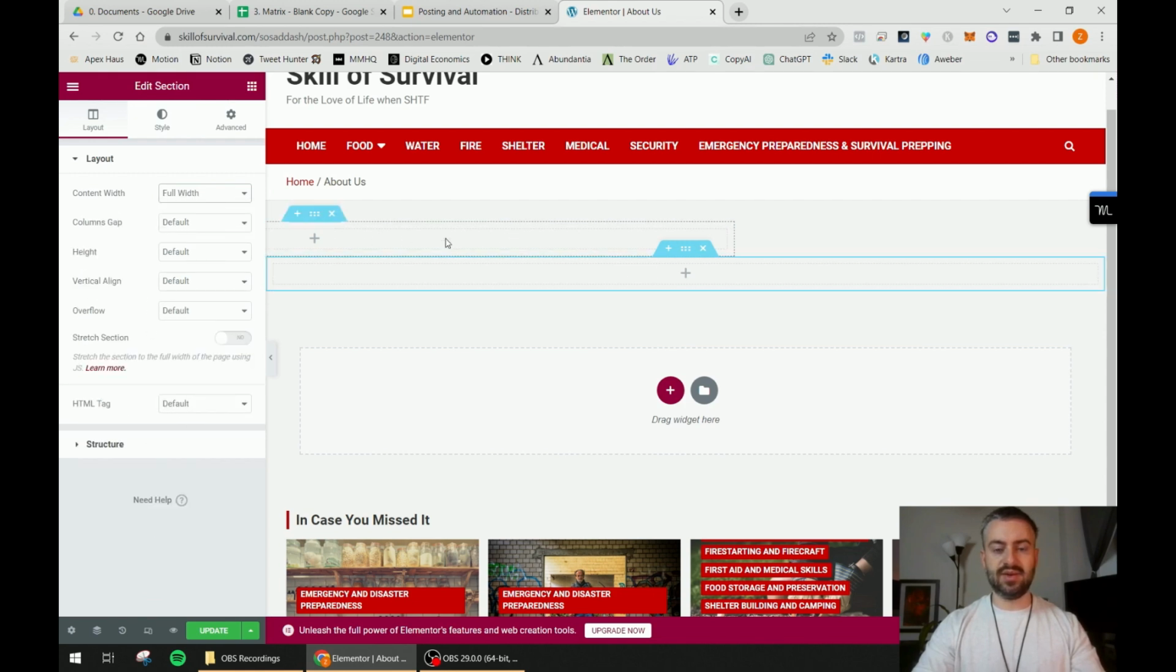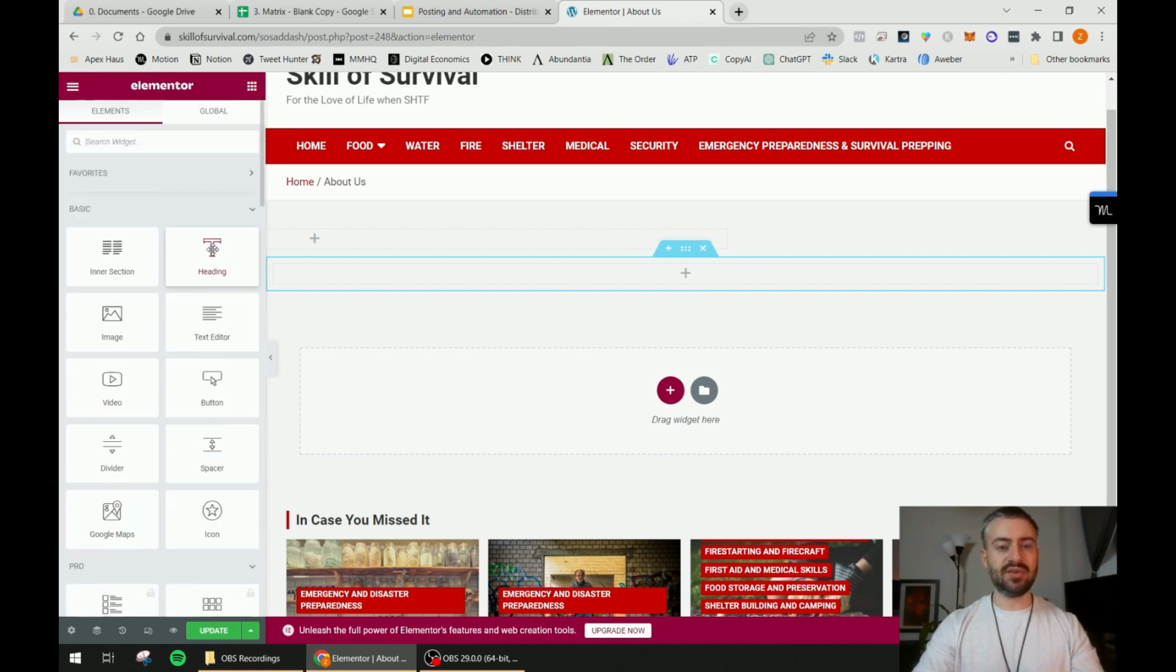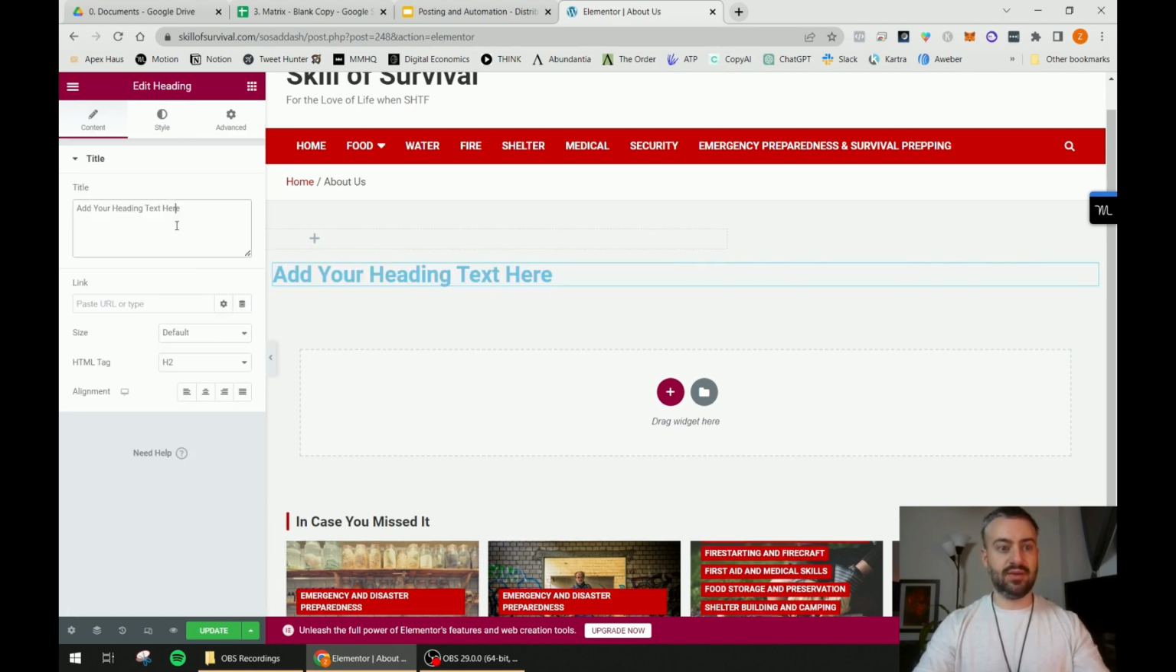Okay, so I'm going to leave that second one. I don't know what's going on with that first one. I don't know why that first section up there is not coming over here, but we want it to be full width like this. I'm just going to put a header right here,